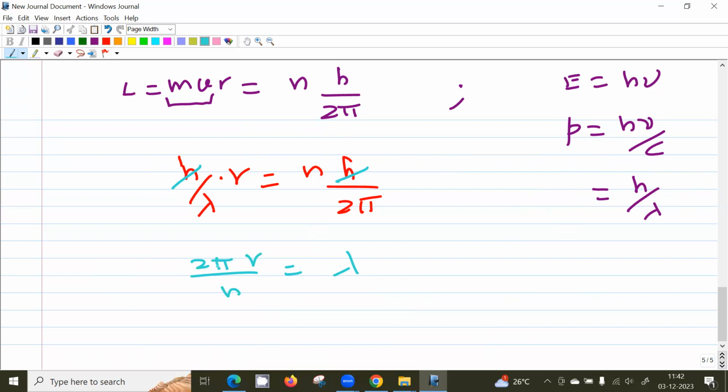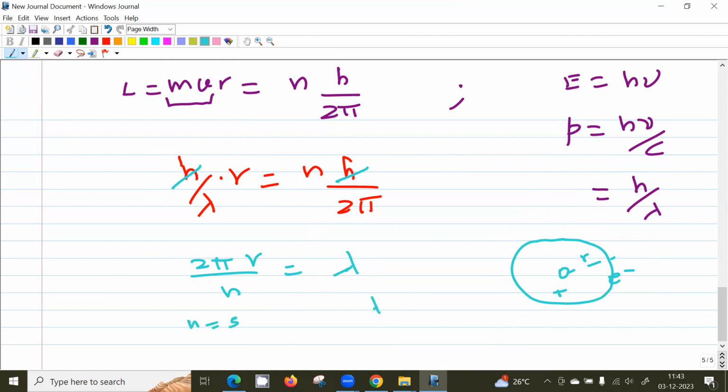So what is 2 pi r? The electron is going around in a circular orbit of radius r. This is the nucleus, and this radius is r. So 2 pi r is the circumference of this circular orbit. So n equal to 1 means the corresponding wavelength is 2 pi r. So I have to draw the picture correctly. One wavelength will fit in this entire circle. Suppose I take n as 5.